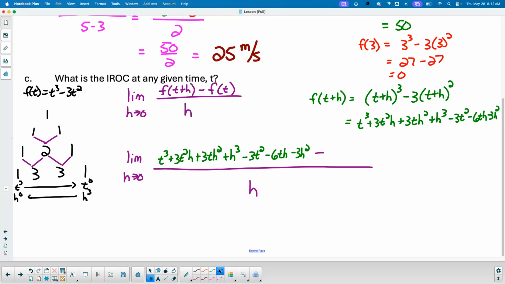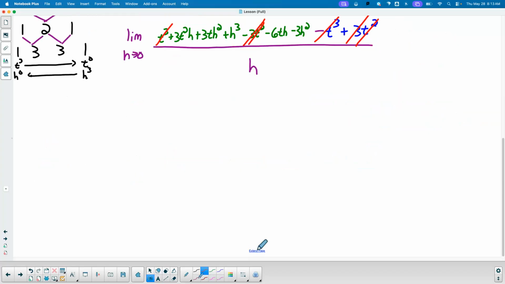So then it's minus that. So it's going to be minus t cubed plus 3t squared, because really it's minus and then minus a negative. So switch the signs there. This t cubed cancels out that t cubed. This negative 3t squared cancels out that positive 3t squared. Leaves me with